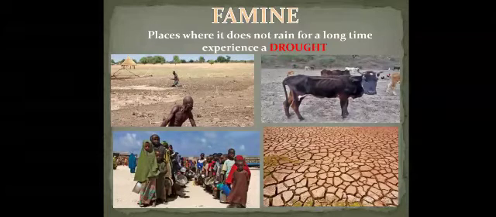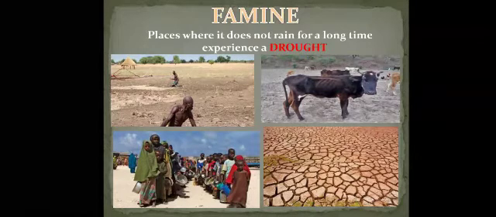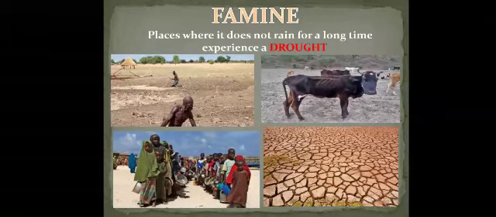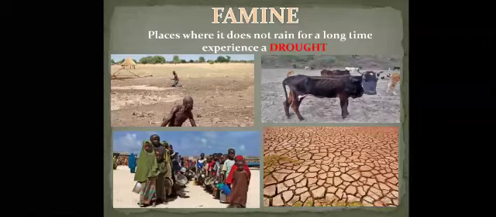Famine is nothing but the condition of a place where it does not rain for a long time, and the humans and animals over there suffer the scarcity of water. Also, there is no water for agriculture. And famine is a natural disaster. Grains and fodder become scarce during a famine. So whatever grains and eatables are there, they become scarce. Scarce means it is not available over there.